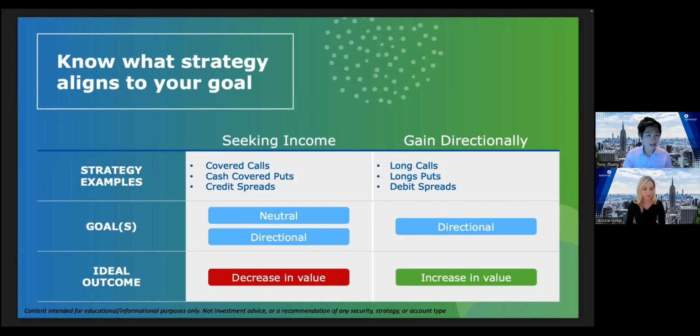And whenever you're long any asset, whether it's a stock or an option or a commodity, you want it to rise in value so that you can potentially sell it at a later time at a higher price than what you purchased it for. So that's why these two are different. I know it might be a little confusing as to why with income you want a decrease in value, but it's really because you're selling an option, and anything you're selling short effectively, you want to decrease in value in order to